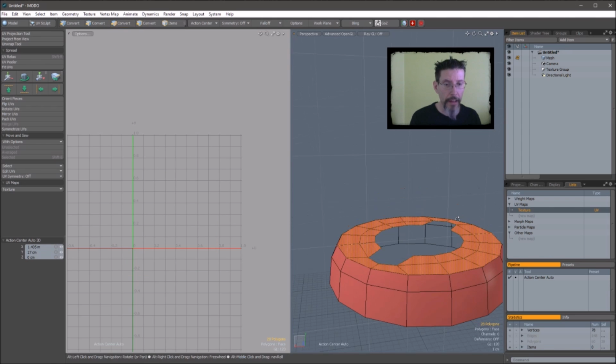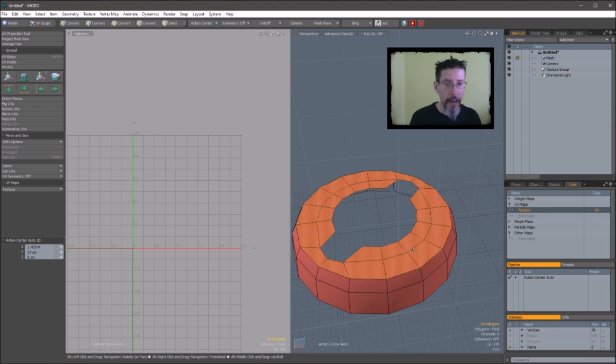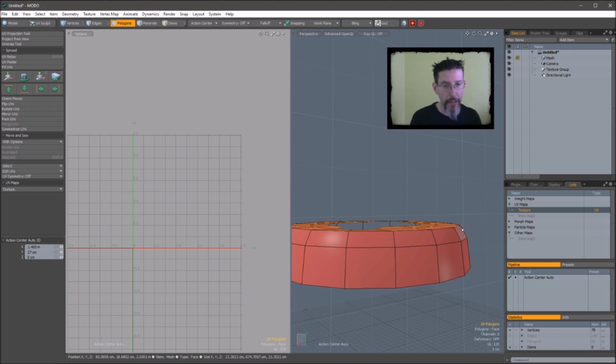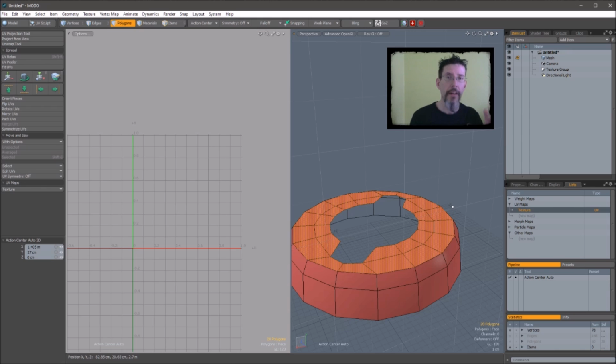Grab this, select that surface. Now in this case here, you could make the same argument that, yeah, there's a convex edge or curve here. And I could just take that whole thing and probably do a planar map and it would work. Well, let's just see what it looks like. So if I do that and fire it off,